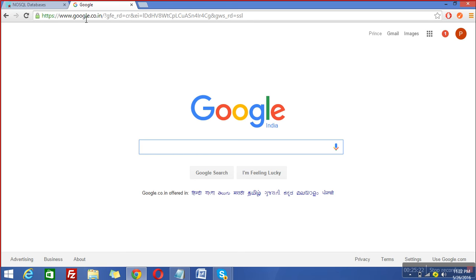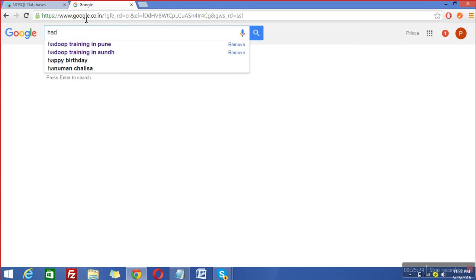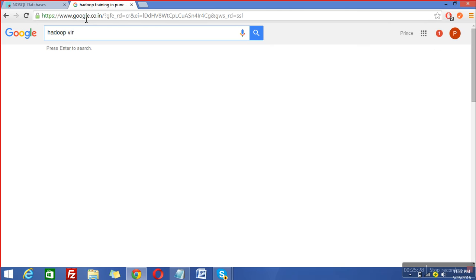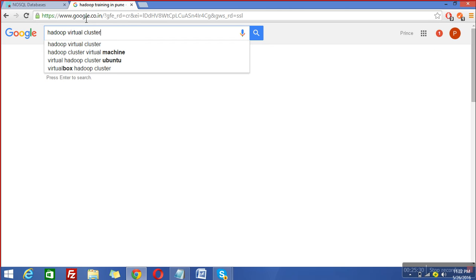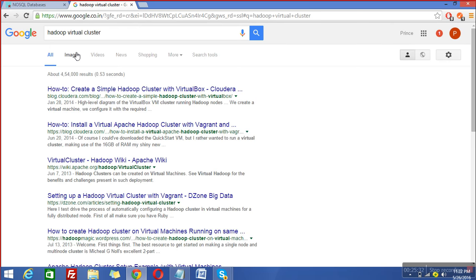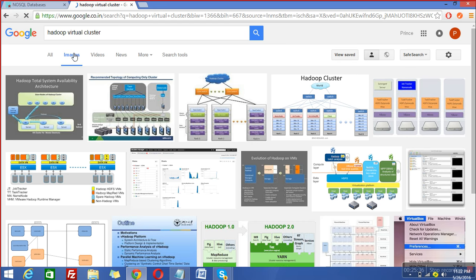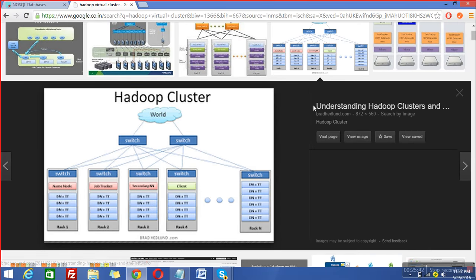And there it is, Hadoop, let's say virtual cluster. This is a virtual cluster image of Hadoop. Let's say this. And now you will be able to understand.